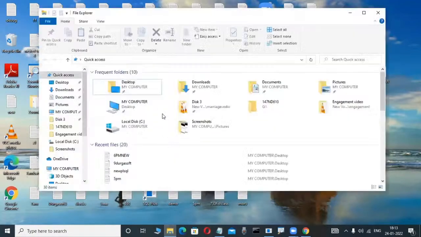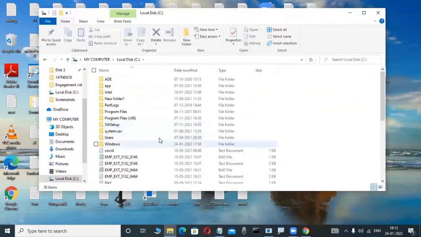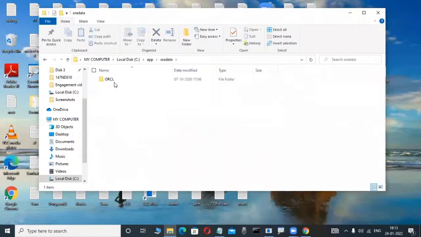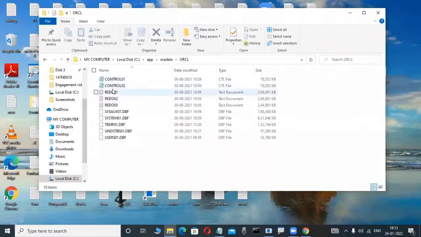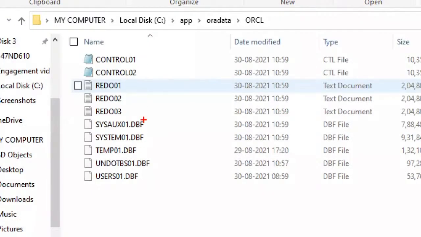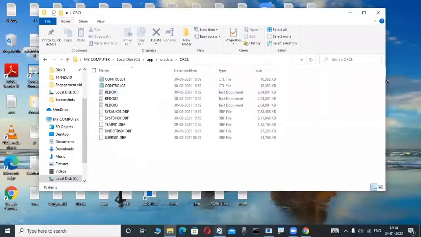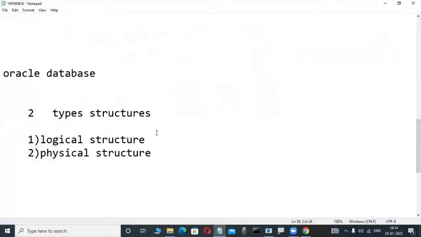I'm installing Oracle on my system; how you install Oracle we will learn in next classes, don't worry. In the C drive, your table is not available. Whatever table I'm creating is not visible in the C drive or D drive. That's why a logical structure means a structure which is not visible